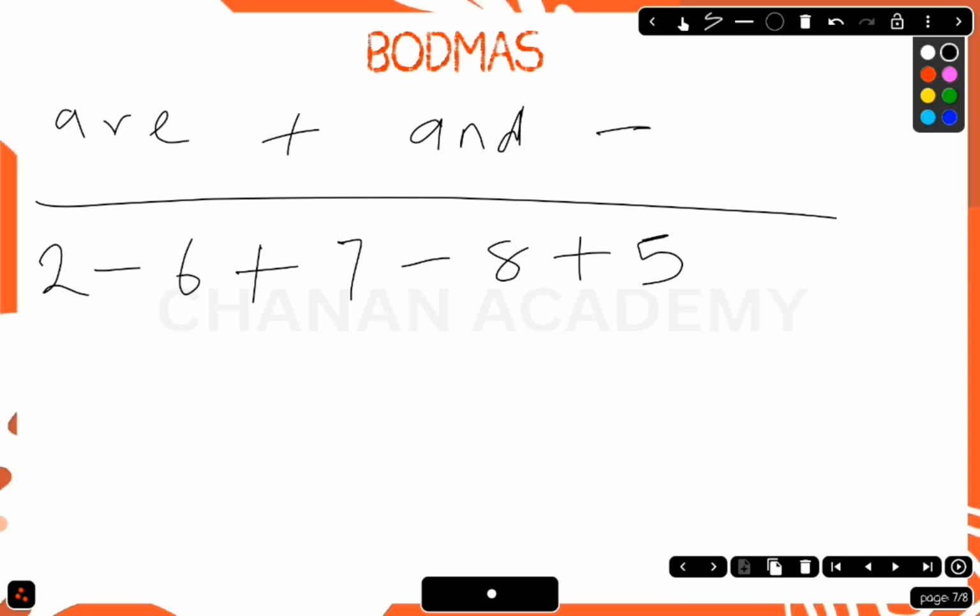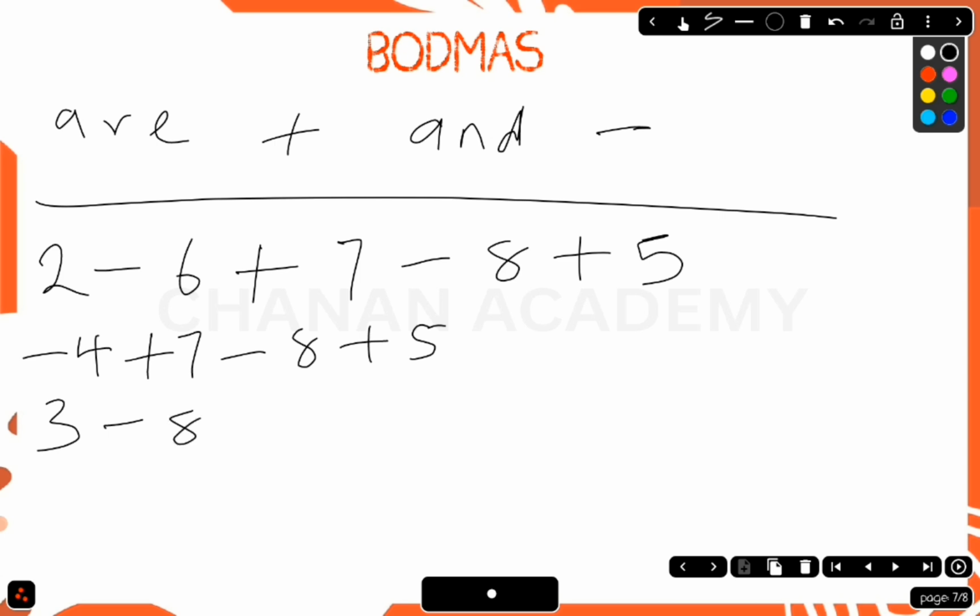So let's try solving from the left hand side. 2 minus 6, the result is minus 4, plus 7 minus 8 plus 5. Minus 4 plus 7, the result is 3,